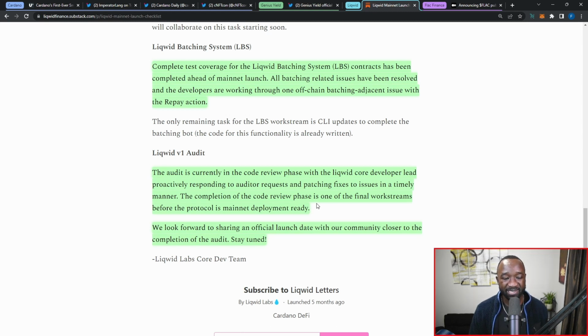So I think that's the best piece of news right there that we've got from this particular article. As I mentioned before, they're undergoing debugging right now of their smart contracts, making sure that everything is up and running. They've got their liquidation bot essentially completed. They've also got their LBS system ready to go, and they're now undergoing security audits. So the Liqwid protocol, I think, is making a lot of progress right now. Again, they don't necessarily have an exact date laid out for the community, but as soon as they do, I'll make sure to keep you guys posted.